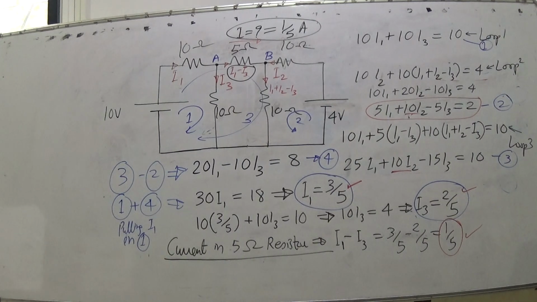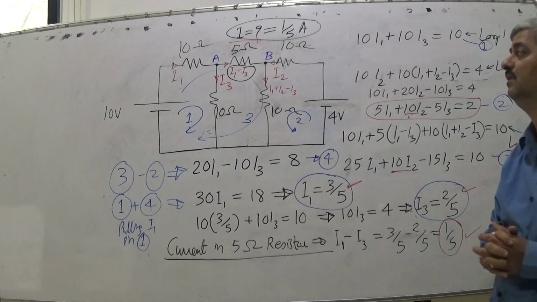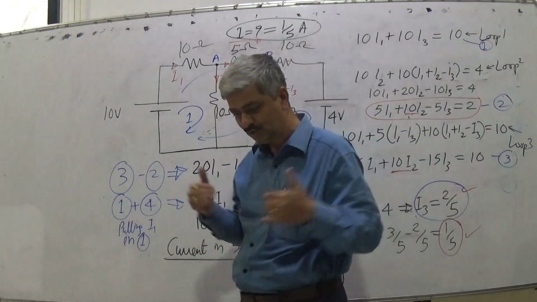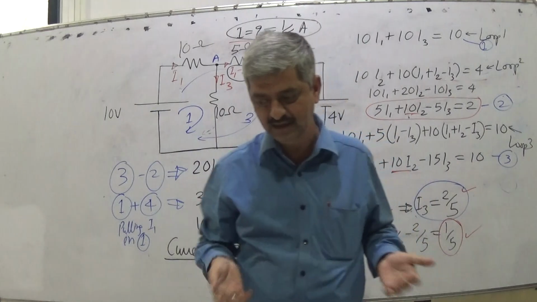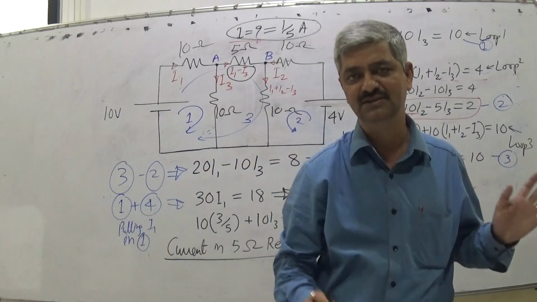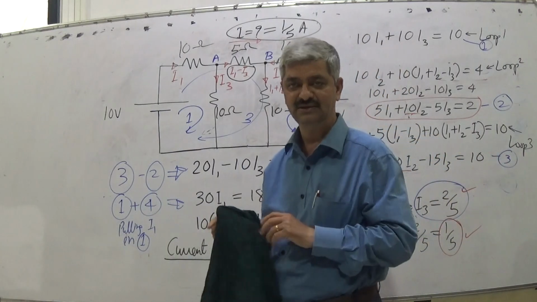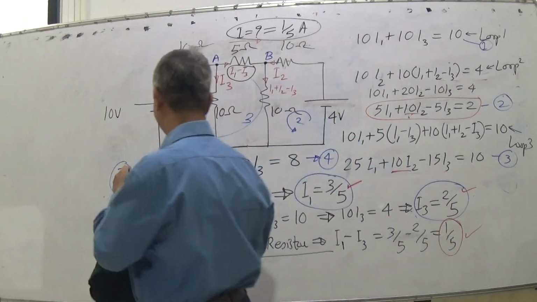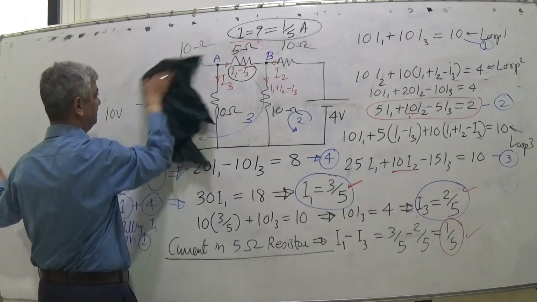Only thing is that if the circuit becomes bigger, the number of currents which are required to be assumed goes on increasing, and you need to have that many simultaneous equations. So I think this KCL KVL logic is now enough. There is no need to spend unnecessary time on this.